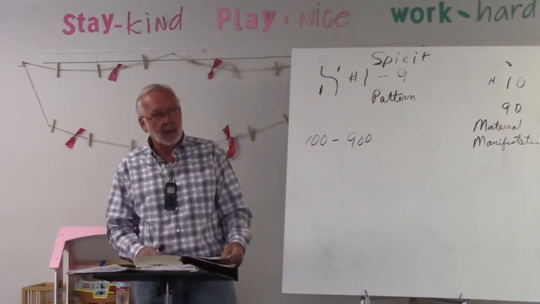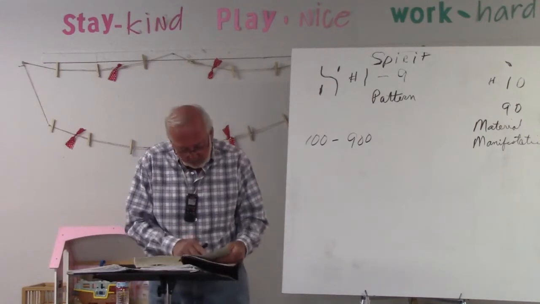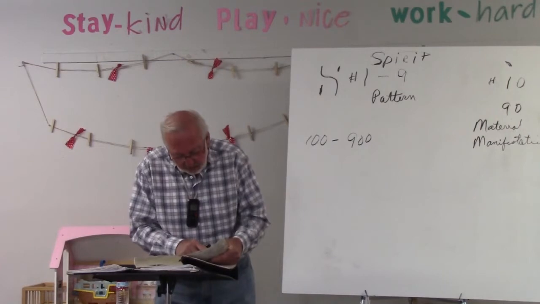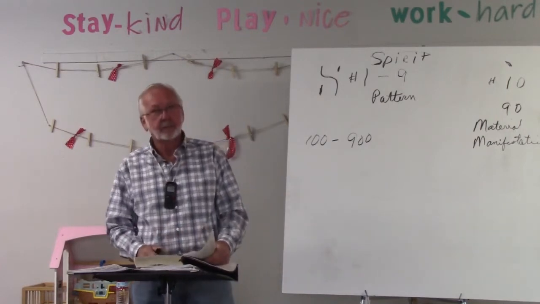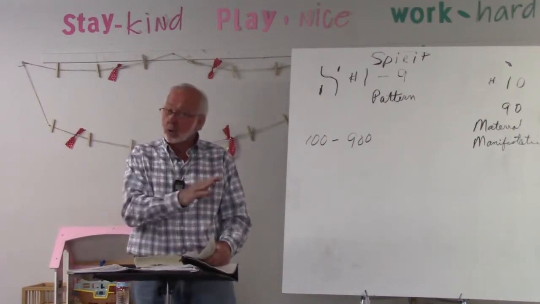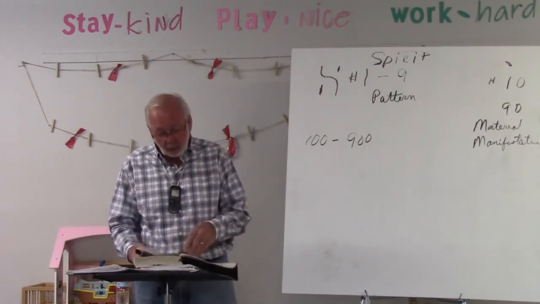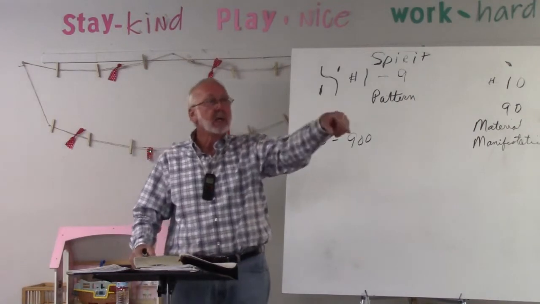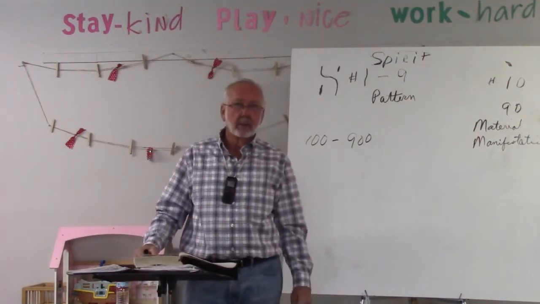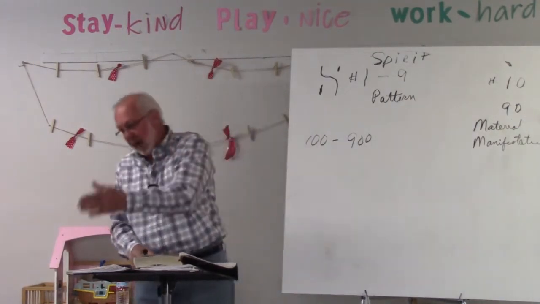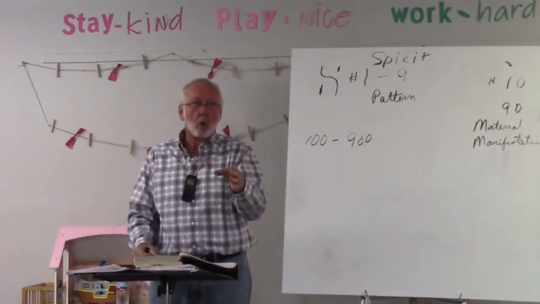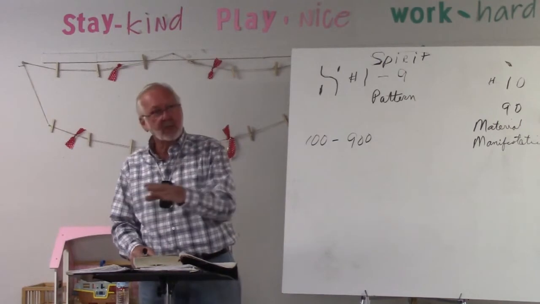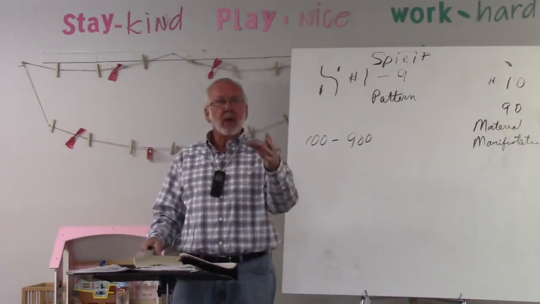Now why did they do that? Why didn't they just go over here in verse 3 of chapter 4 and say in the process of a day? Why didn't they do it that way? Because that's the way they first used the word when they introduced the word right here in Genesis 1:5. And God called the light day. Because the word day and the word time in Hebrew are the word yom. Same identical word. It doesn't mean something different in one place than another.